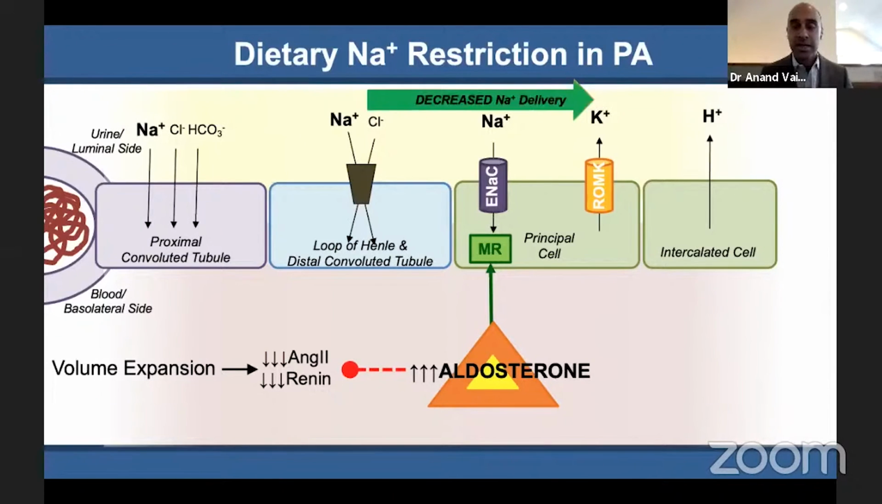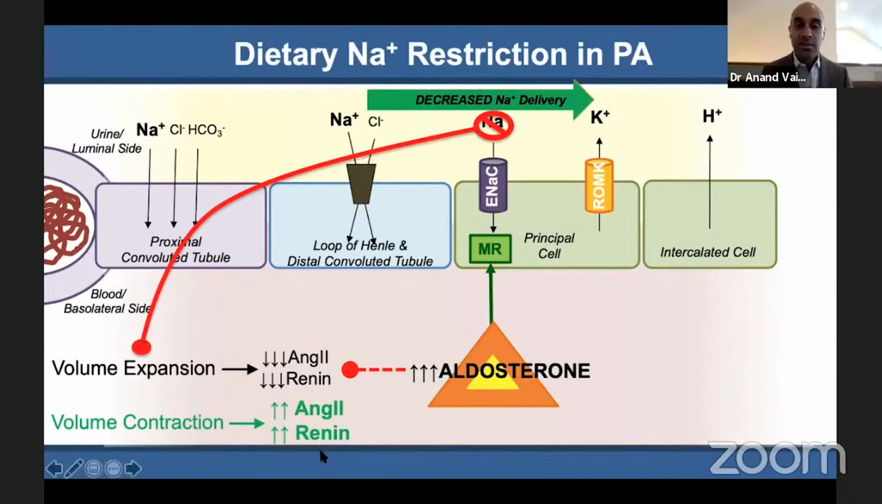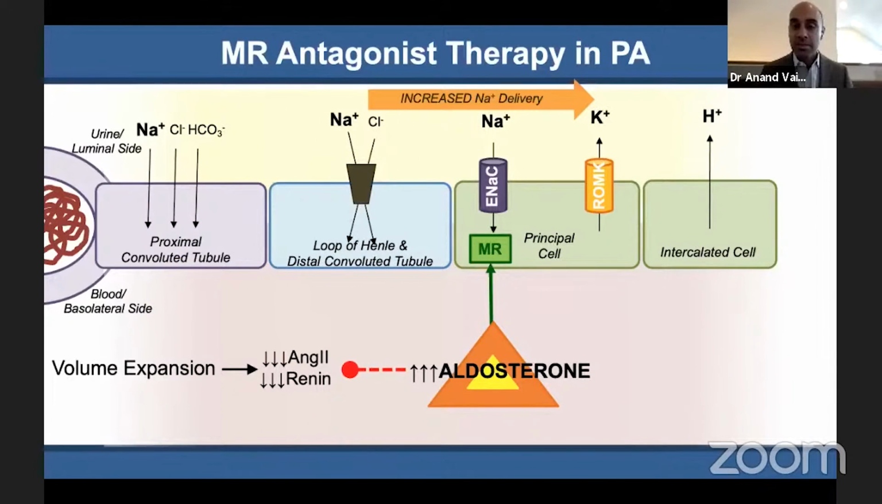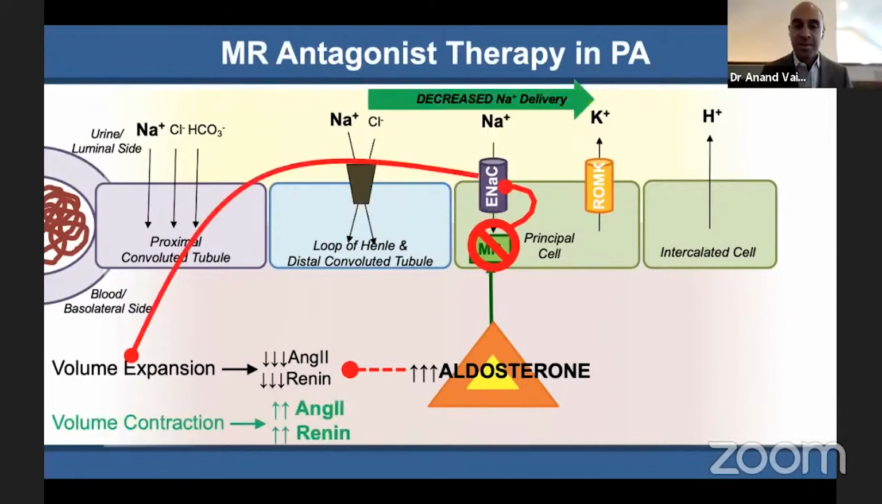So if you remove dietary sodium, you cause volume contraction, decreased glomerular filtration, and decreased delivery of sodium to the distal nephron, which means no matter how much aldosterone there is, no matter how much mineralocorticoid receptor activation there is, you've decreased the amount of sodium that's being delivered, which means you will decrease volume expansion. And if volume contracts, renin and angiotensin II will rise. You can use a mineralocorticoid receptor antagonist. This will block the mineralocorticoid receptor in the principal cell to reduce ENaC-mediated sodium reabsorption, which will counter volume expansion. And if you titrate the dose high enough, you will again cause volume contraction and a rise in renin and